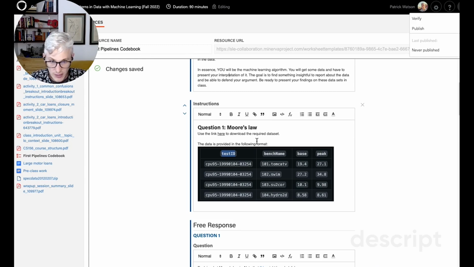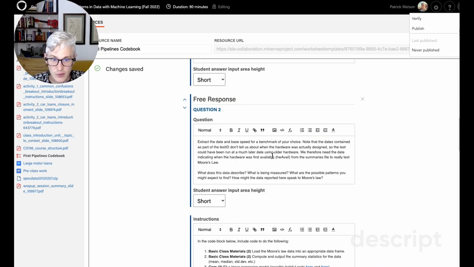There are various benchmarks that get run on these. They may not be running on hardware. They may not be run and so forth. So you have to do a little bit of work to clean the data and figure out what the correct dates are. Once you've figured that out and you're able to plot the number of transistors versus time, I then